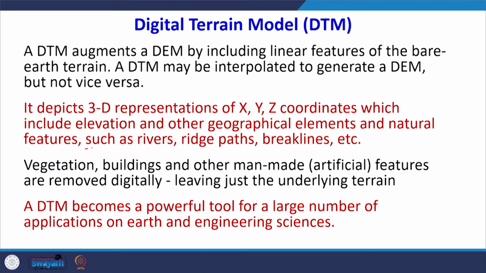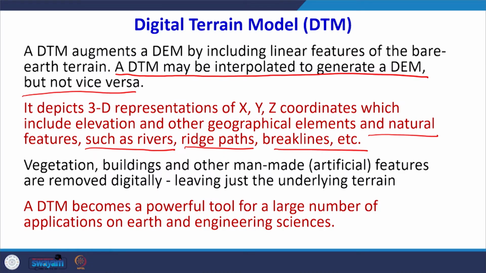Now, the second term here is digital terrain model, DTM. Digital terrain model and digital elevation model have been used interchangeably in much of the literature. There is not a big difference between the two, but the DTM further augments the digital elevation model data. What is represented in the DTM? DTM represents x, y and z coordinates of the data along with features. Those features could be river points, valley areas, ridge paths, break lines, etc. So, it is showing the natural features, the ridge line, the valley line, in addition to the x, y and z coordinates. In a way it is augmenting the data which is already available to us in digital environment in the form of a